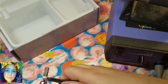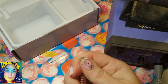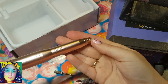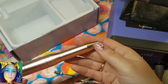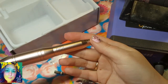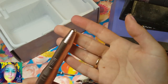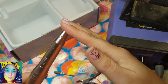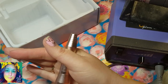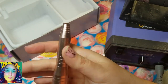Where this, I mean, it's going to get hot and it might even overheat on you if you go and do like a full set or any heavy drilling. So I probably wouldn't do any big heavy drilling, but if you just want to do like a quick fill and infill, just going around the cuticles, cleaning up around the cuticles, light drilling, this would be perfect. If you want to take off gel polish on acrylic nails or something like that, you could probably get away with doing it with this as well. My only concern would be overheating. Like I said, the handle does get warm to the touch, but you could wrap it with that flex wrap